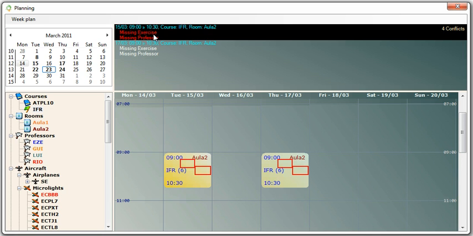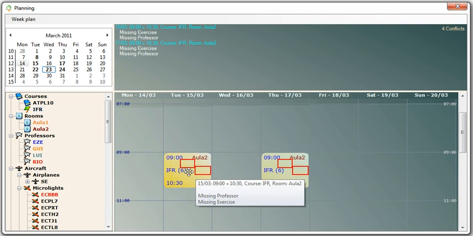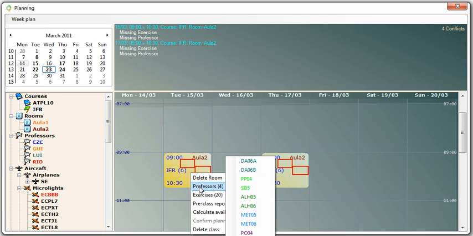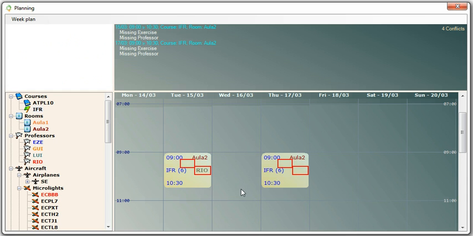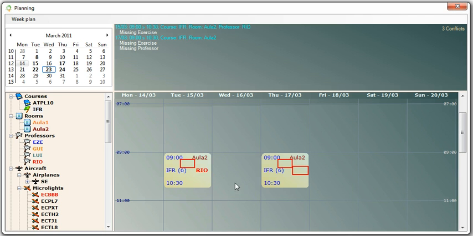I still have some conflicts here. Still have to assign the exercise and the professor. I can do it in 2 ways. First assign the professor and then the exercise, or vice versa. Let's do it in one way. For example, here I assign this teacher and